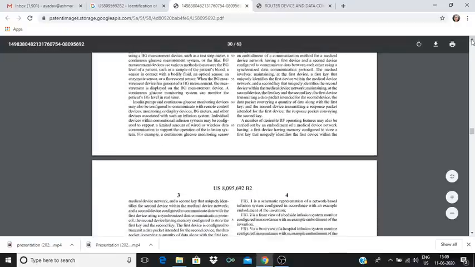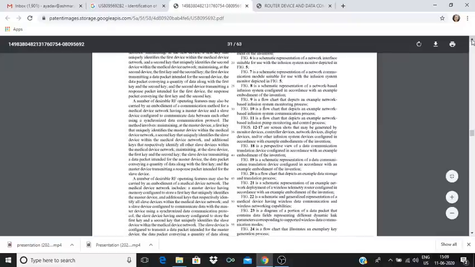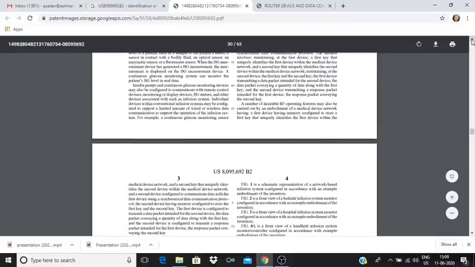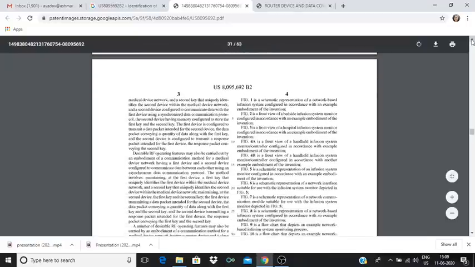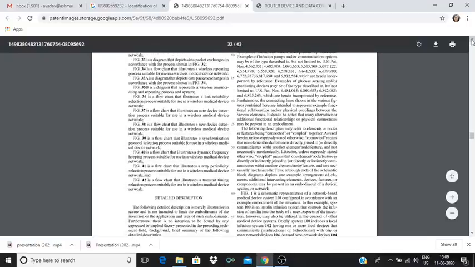Then moving down, we have several figures and then we describe each figure, like it is a schematic representation of what. This particular patent has around 42 figures: flowcharts, schematic representations, and what the diagram depicts. So the entire details have to be given. A reference in the brief description of the drawings is given in section 4. Then the section that comes is the detailed description.